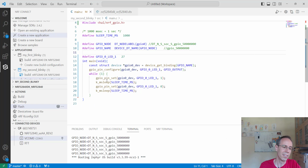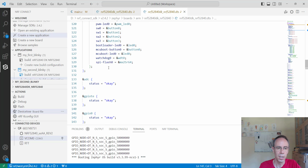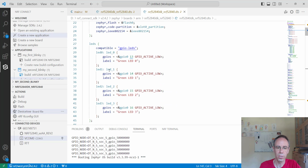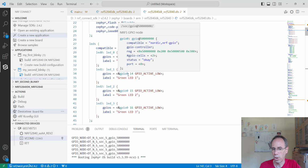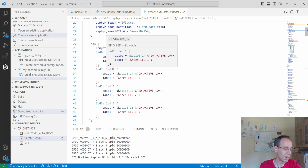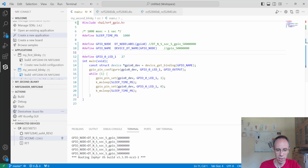And the device tree is even more, because we're having here, like you see, the LED 1 is already here at port 014. I can also look here, the LED, that's here, the LED 1. Here is standing the GPIO port, here is standing when it's active low, or when it's active. This is active when we're setting the pin to low and not to high, and also a label here. And it's better to use the command there, then every board which has an LED 1 will be blinking the LED 1. And to do this,